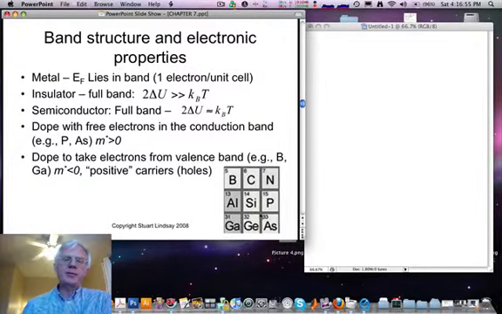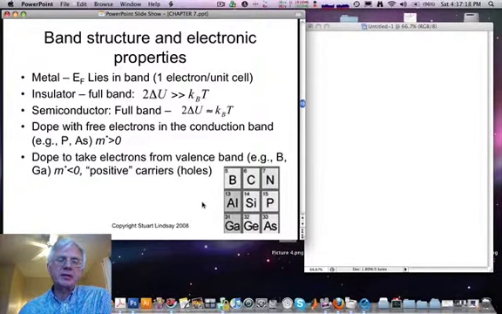The canonical semiconductor silicon actually has rather a large band gap, but it's doped either with elements to the right of it in the periodic table that will donate electrons to an empty band, so the carriers are electrons, and this is N-type silicon, or take electrons from a full band, leaving holes as the carriers in silicon, and this